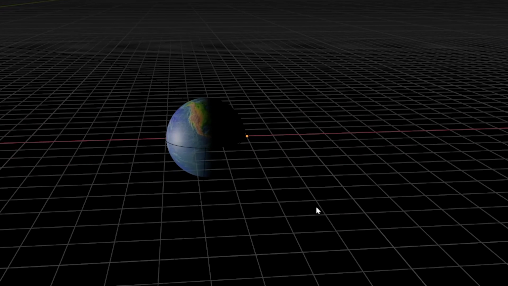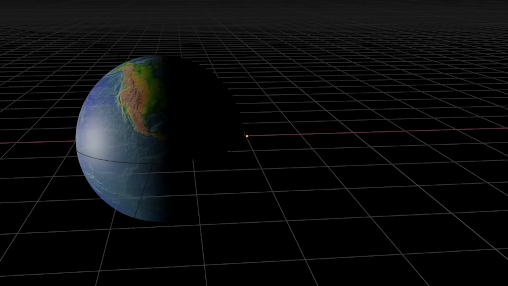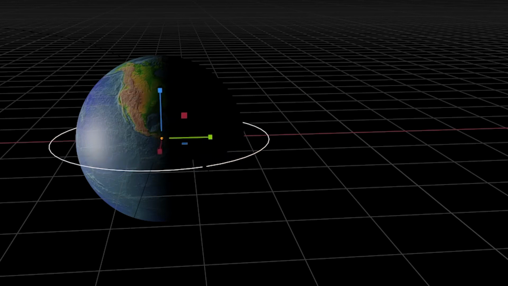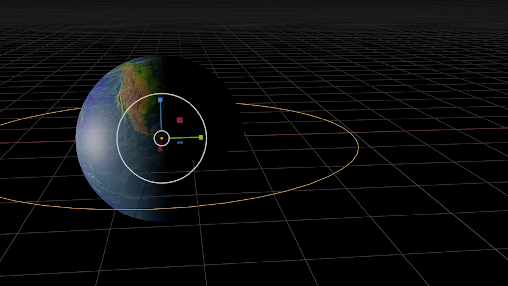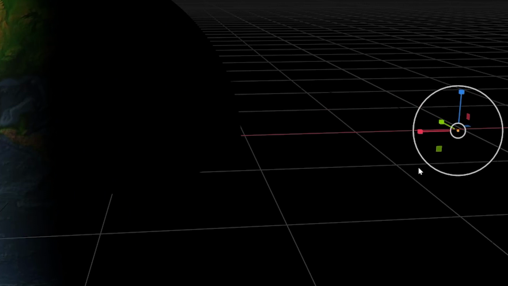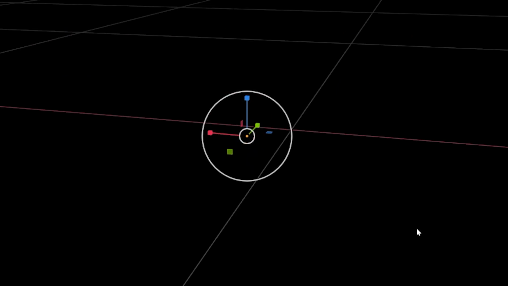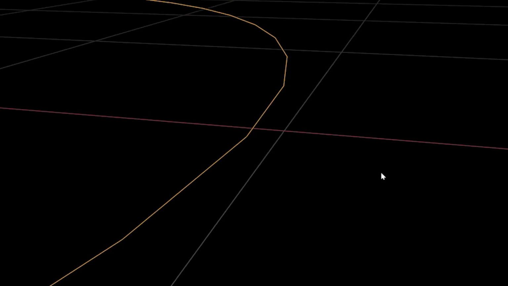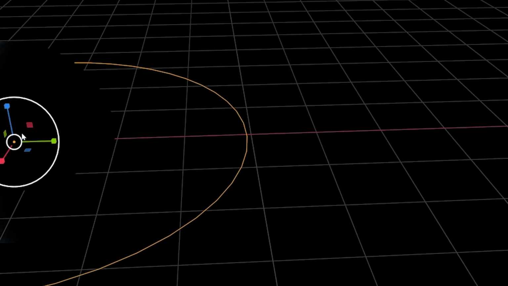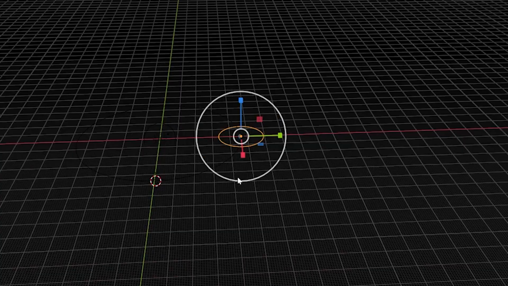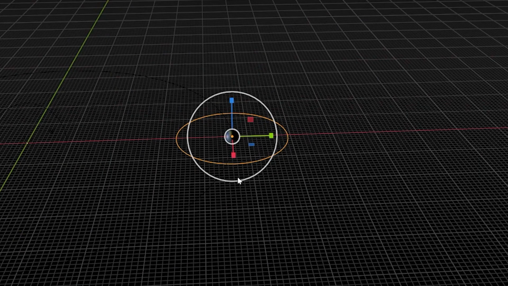Alright, so let's try. Now that the Earth is bigger, let's take the moon's orbit. And let's make it come out. We gotta keep track of the moon. Alright, so that big. Can we see it yet? Nope, not at all. Alright. Moon's orbit. Scale that up even further. Let's put it way the heck out. Yeah. It's a pretty big Earth, but